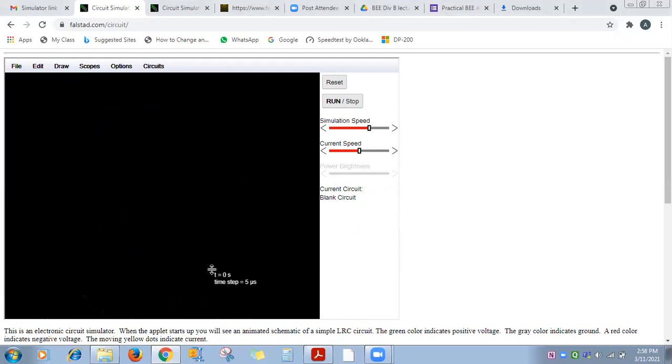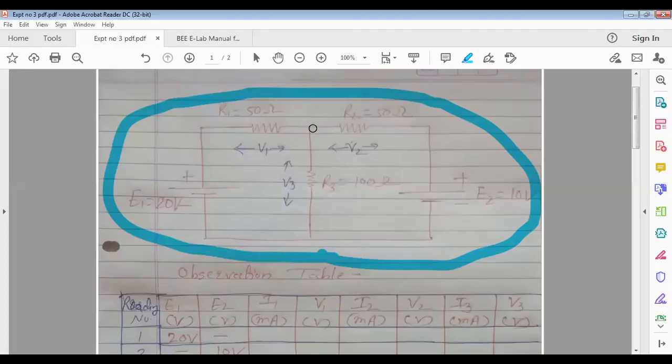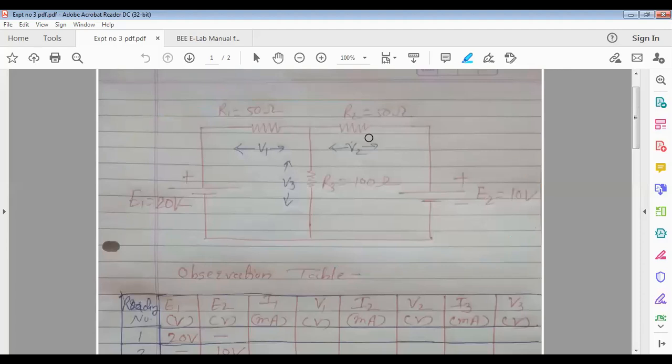Now here one green color line is there, that I'll move slightly up. You can change its position. Below this, for every component, the current, the voltage and the power are displayed. We'll see one by one. Now in the circuit we have seen, how many resistances? 3 resistances and 2 voltage sources.